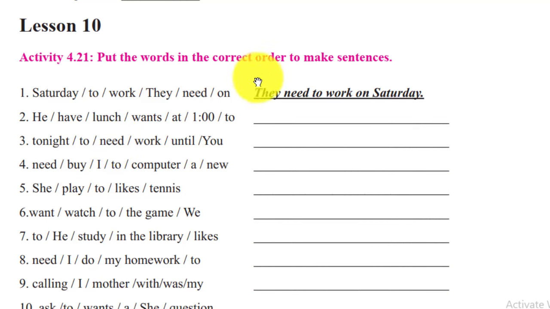The other part, activity 4.2.1: put the words in the correct order to make sentences. እዚህ ጋር reorder ነው የምታረጉት, they are jumbled ናቸው, disordered ሆነዋል, ቅደም ተከተል ሳይጠብቁ ተቀምጠዋል, ቅደም ተከተል እናንተ ታስጠብቃላችሁ. How to do? እንዴት ነው የምትሰሩ የምትችሉት? Don't forget the first thing that you should do is you bring the subject at the first. እንግዲህ question mark እስከሌለ ድረስ statement ከሆነ, ሀተታ አረፍተ ነገር ከሆነ, መጀመሪያ subject ታመጣላችሁ, ባለቤቱ. Next verb ታመጣላችሁ.